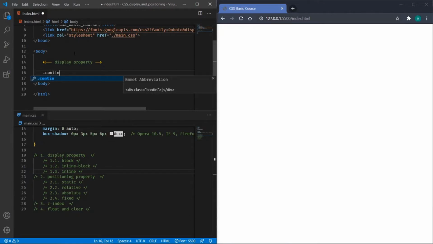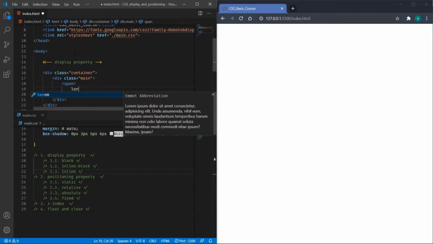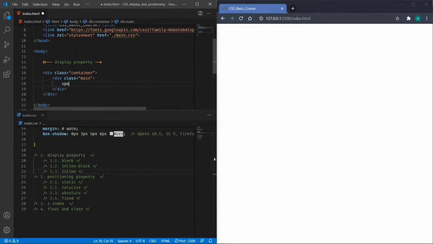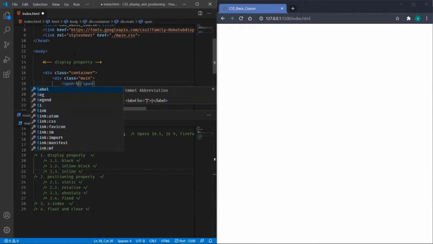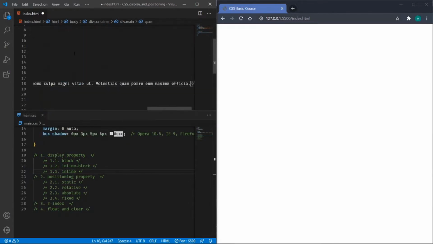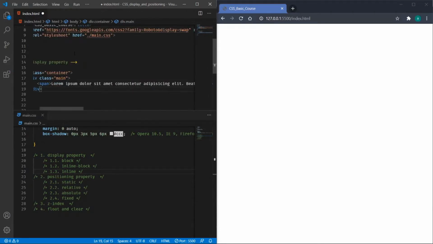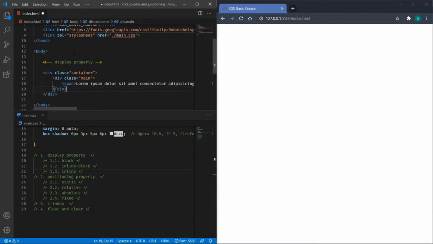So I will take first a container. Inside that container I will have a main div. Inside that div I will be having the span tag. I will populate it with the lorem ipsum sample text.